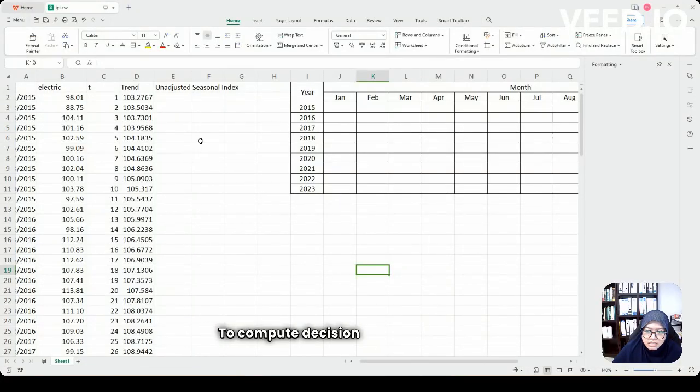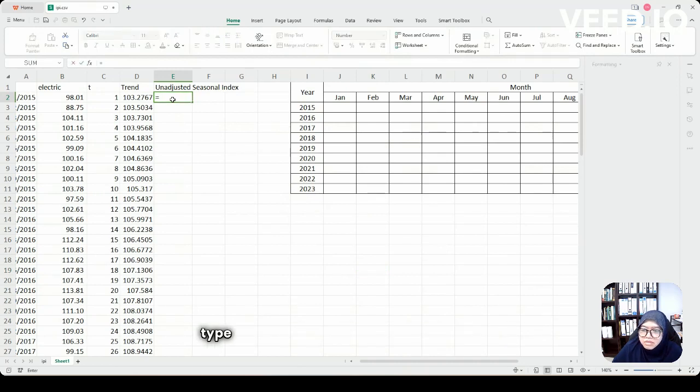To compute the seasonal indices, you need to compute the value of trend. For the computation of trend, you can refer to the previous video. To compute the unadjusted seasonal indices, you type equal, take the actual value, divide by the trend, and then